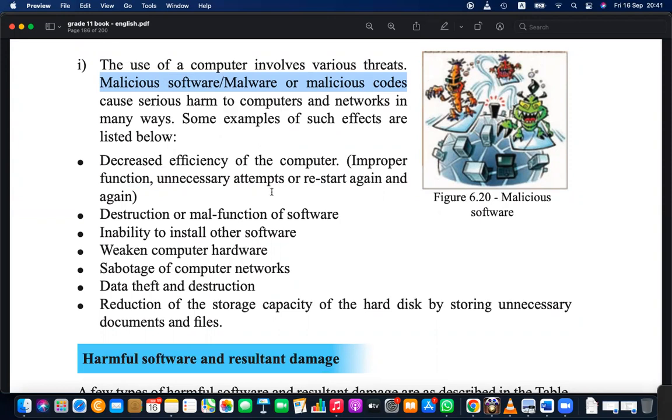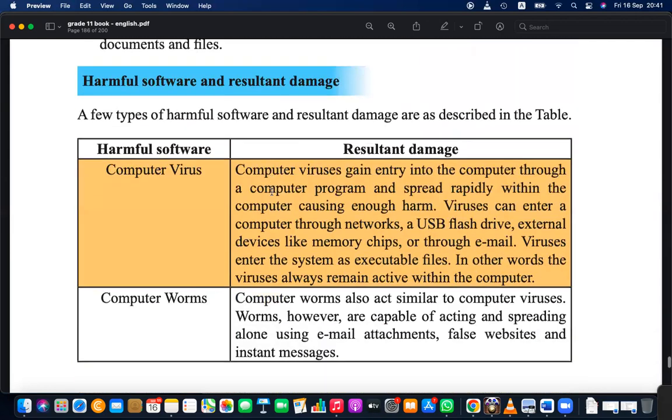Sometimes we cannot install other software. Our computer is not functioning properly. Some functionalities are stopped or lagging, or not working. The internet connection is not working properly. Or our computer is always running with overloaded processors, and the fan is always running because of heavy processor usage. Those are some examples of virus infections.